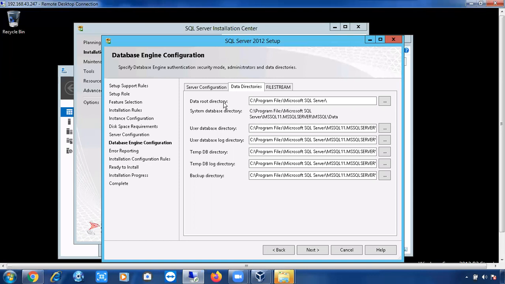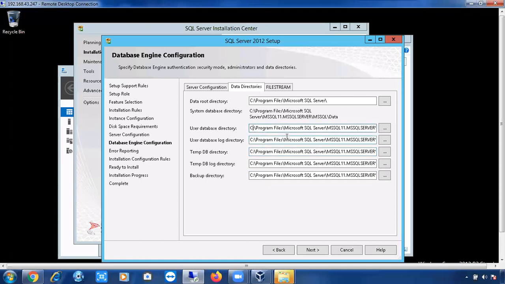Okay, this is data root directory. Okay, but I have only one drive. Okay, I have only C drive, so that's why I'm not changing this setup. Usually in the organization, you will have a separate directory for user databases and user database data files, one location, one drive. User database log files, another drive. For tempdb, another drive will be there, like T drive. For backups, another drive will be there. Okay, different drives will be there. Simply you have to change the drive letter here.